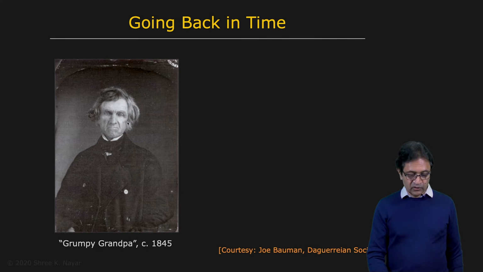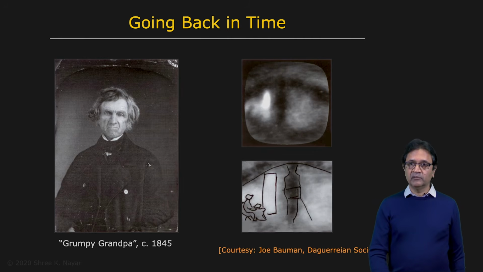In this case, they used one of the eyes of this grumpy old man to figure out what may have been around him back in 1845. So here is the mapping from one of his eyes, this man's eyes. You get this environment image. And here is an artist's sketch or rendering of what he or she believes may have been in the scene back in 1845. There's no way to say for sure, but the interesting thing is that if you stare at this long enough, you will tend to be convinced that indeed this is a reasonable explanation of what was going on back in 1845.